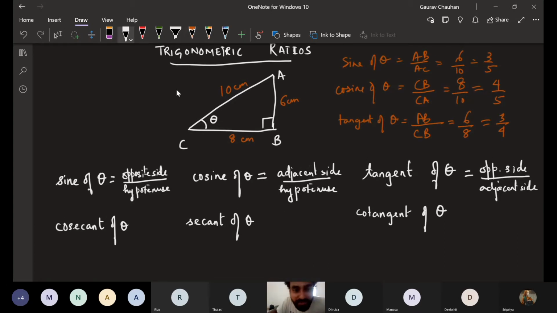Okay, now cosecant of theta is actually equal to ulta. It's the reverse of sine of theta. Same way, secant of theta is ulta of cosine of theta, and cotangent of theta is ulta of tangent of theta. What do we call it? Reciprocal. You remember? Cosecant is reciprocal of sine. Secant is reciprocal of cosine, and cotangent is reciprocal of tangent. Okay. So I'm going to write this 1 by sine of theta. Okay. In short, we write it as sin theta.